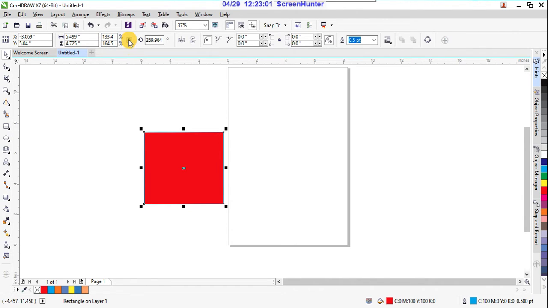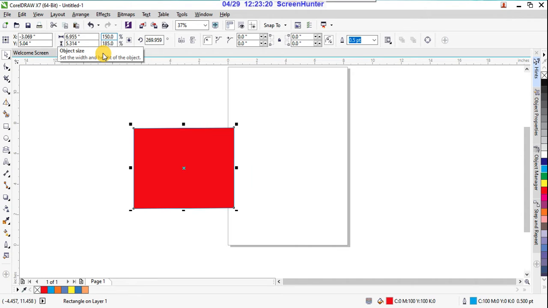Suppose unlock this first. Yes, 150. I think it's not unlocked. 150, and here I'm giving 150.